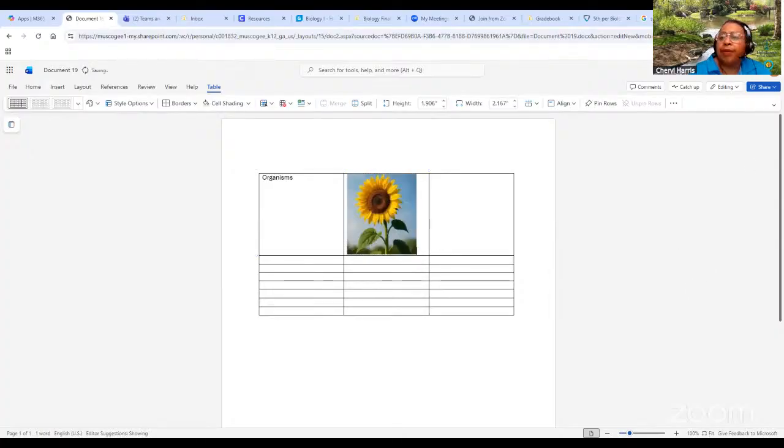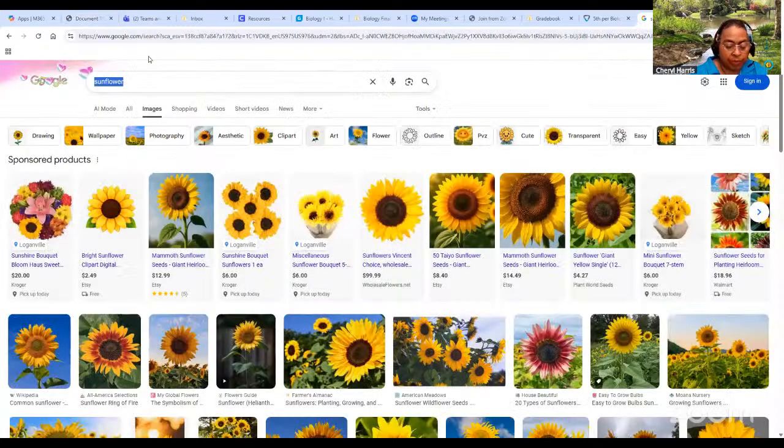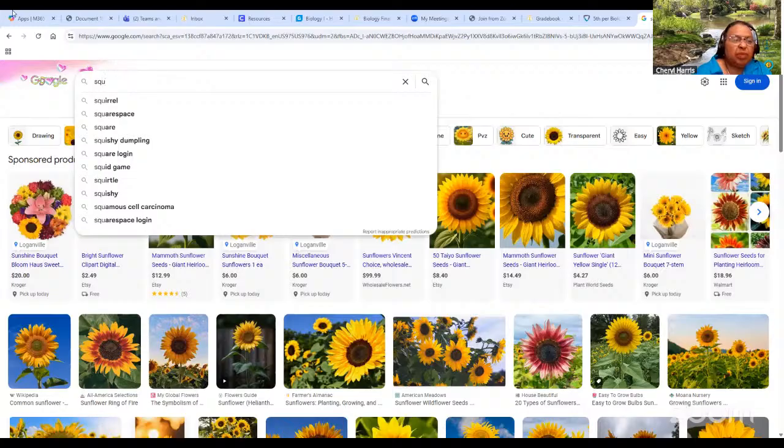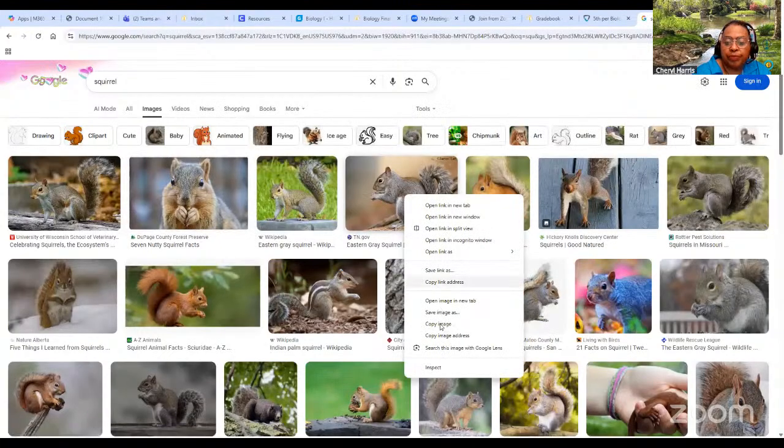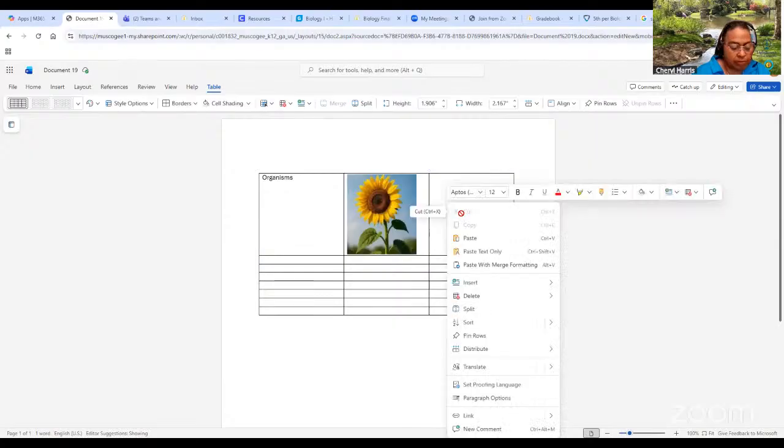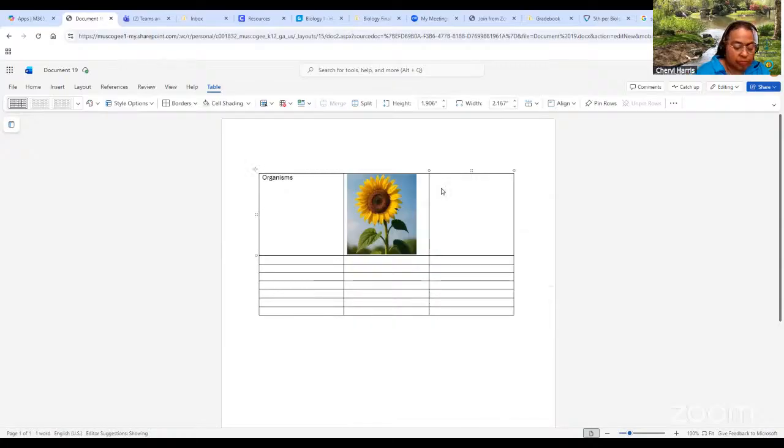There. And then I can come back up here and say squirrel. Image. And stick my squirrel over here. And then over here, I would do